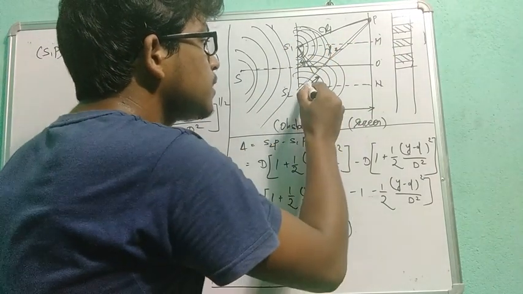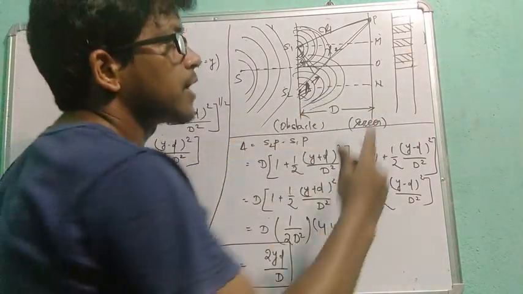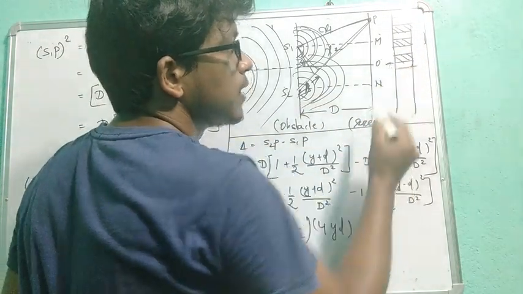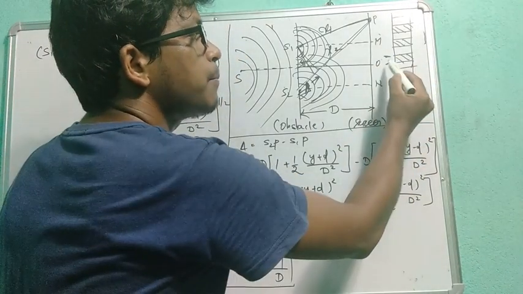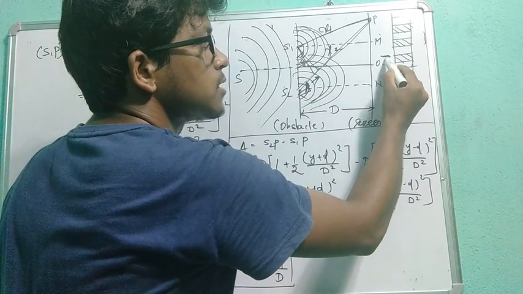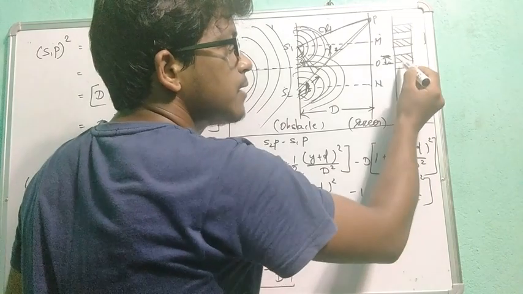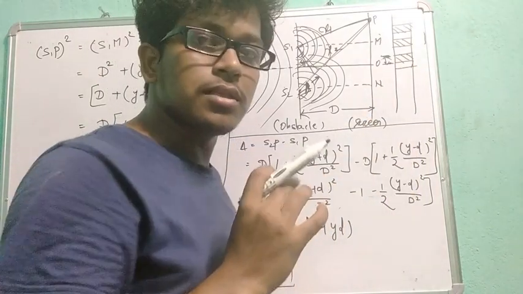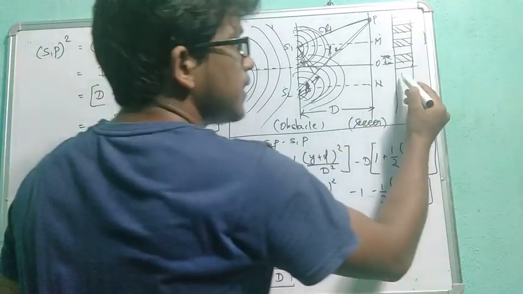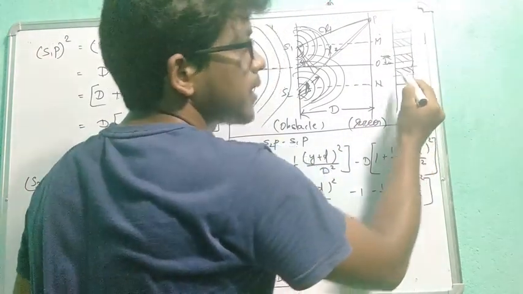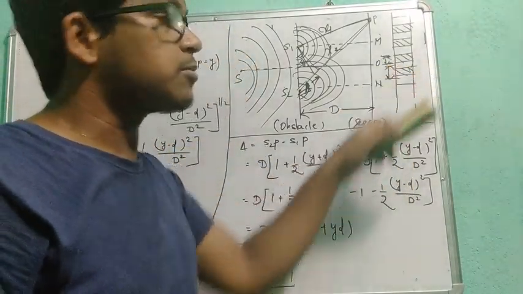Then I will get the same thing. Then we have to change something different. At a certain position you are getting this one. At a certain position you are getting this one. If I subtract this position from this position, you will get this width. Like that, this light fringe you are getting at a certain position. I will derive that formula, that expression, and in the next stage here you are getting this. So if I subtract this one, this much is the width.